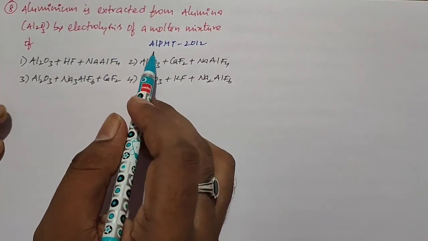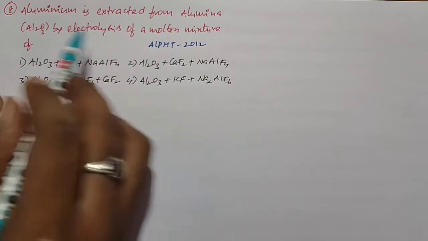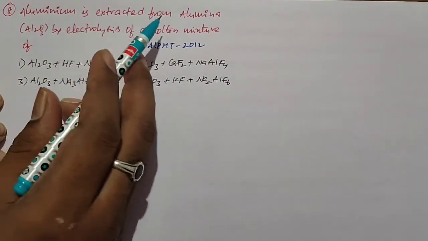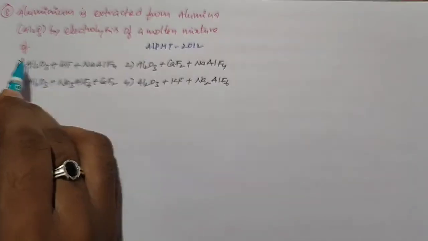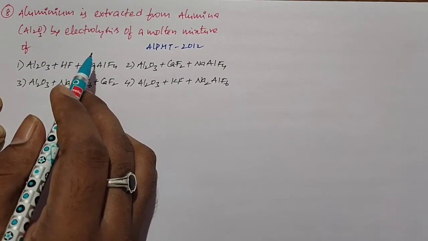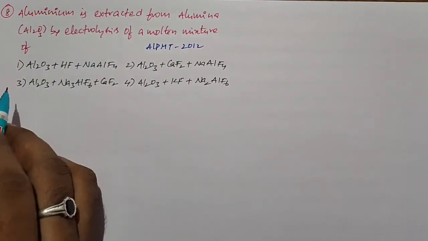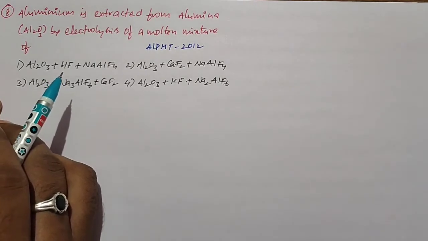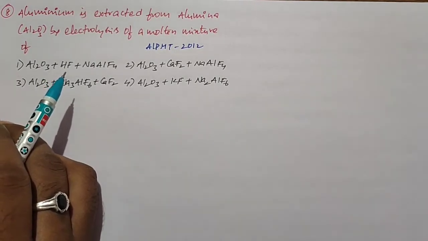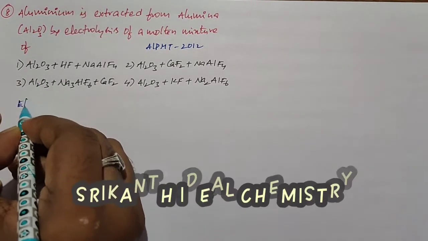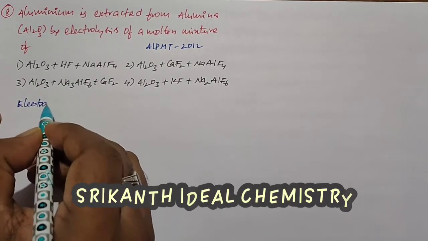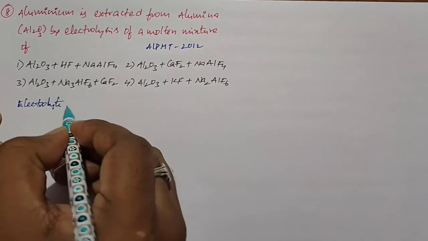This question is given in the All India Pre-Medical Test 2012 paper. Aluminum is extracted from alumina, Al2O3, by electrolysis of a molten mixture of. Actually, the electrolytic mixture consists of alumina, cryolite and fluorospar in the ratio of 20:40:20. So the electrolyte mixture